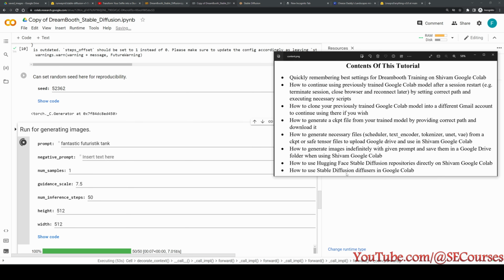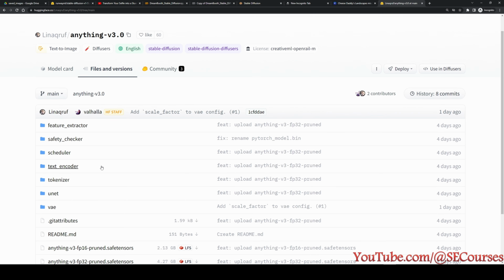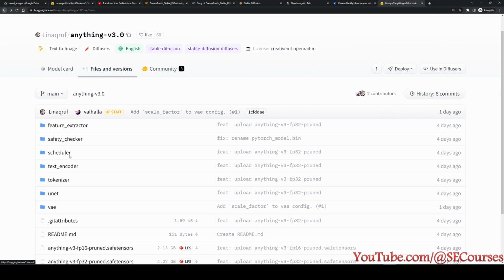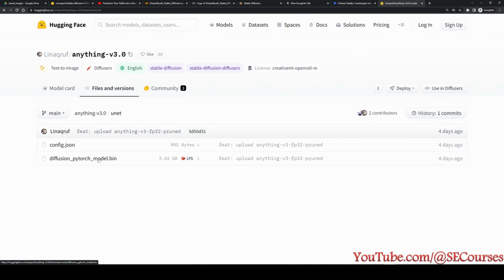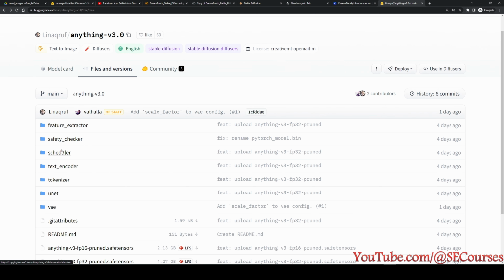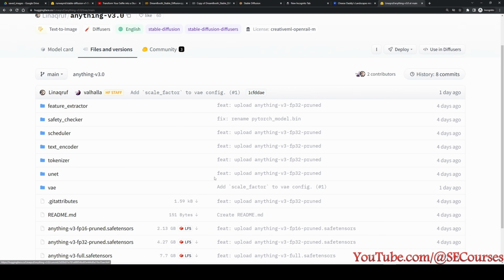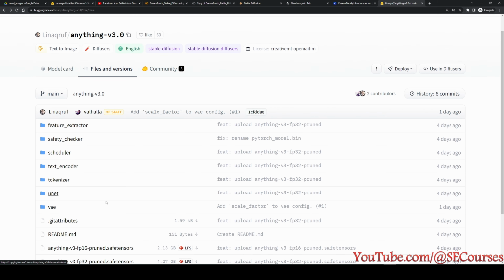So as the last thing, Stable Diffusion diffusers. Actually, the Stable Diffusion diffusers are the files shown in here. For example, this tokenizer JSON and UNet file in here, it is a binary file. It is the raw file, or, let's see, the VAE file in here. As I said, I will hopefully make another video to explain what the VAE, tokenizer, text encoder and other things are.